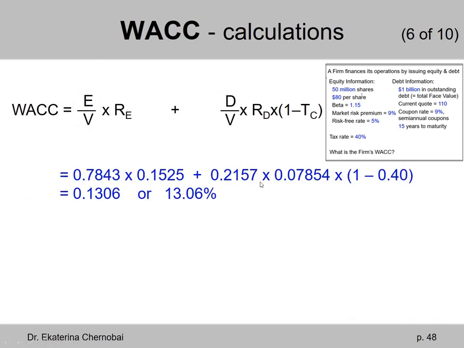Okay, so we have just calculated all the components of the WACC formula that needed calculation. The weighted average cost of capital now equals the weight of equity, 0.7843, multiplied by the cost of equity, 0.1525, plus the weight of debt, 0.2157, multiplied by the pre-tax cost of debt, 0.07854, times, in the parentheses, 1 minus the corporate income tax rate, 1 minus 0.40, which is given. This gives us 0.1306 or